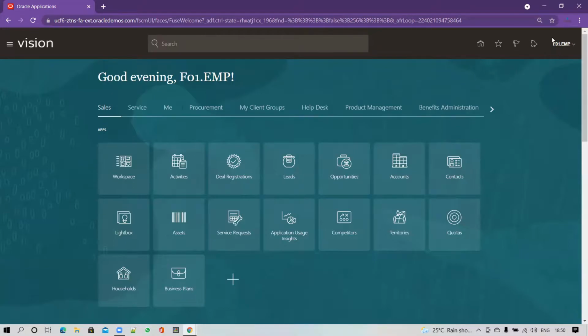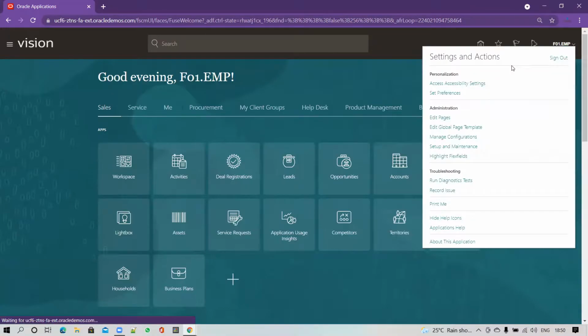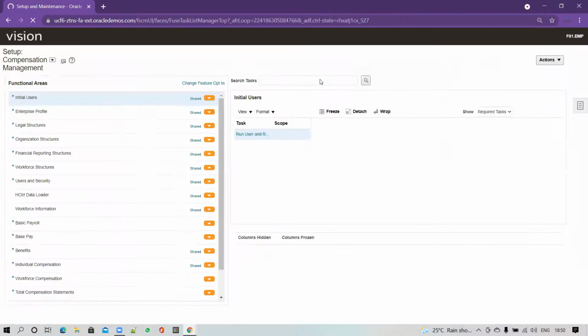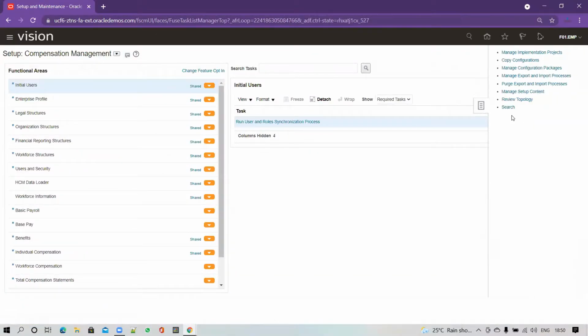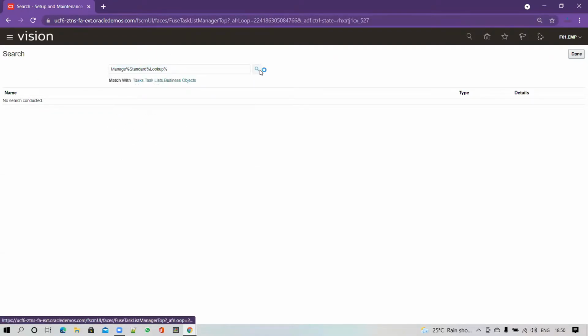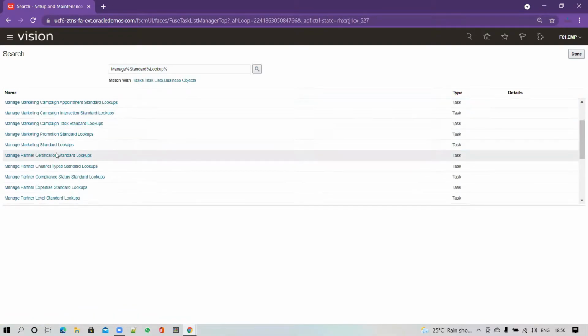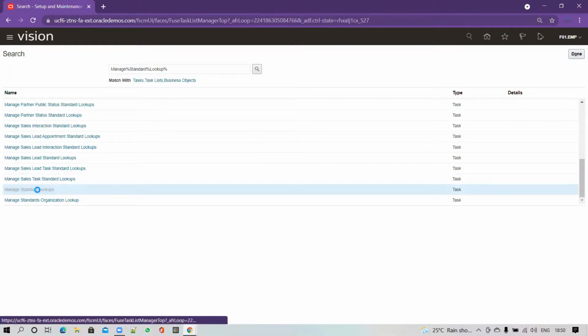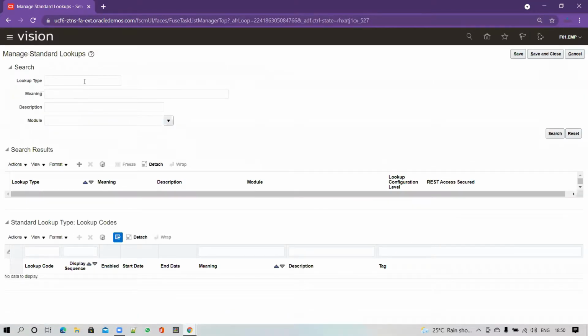For that, you have to go to the setup and maintenance. Within the setup and maintenance, you have to go to the task. Within the task, you have to click on search and type manage standard lookup. So the first task, what we are going to do is create the new order type. We'll create the order type and associate our custom orchestration against the order type, so that while creating the order, our custom orchestration will get